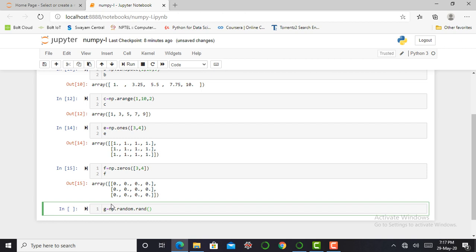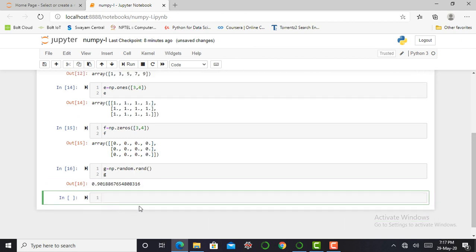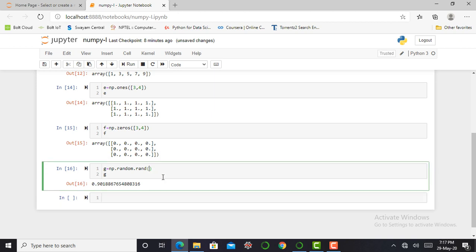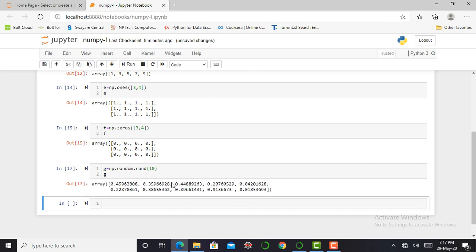If we simply run this, it will generate a random number from 0 to 1. If I want 10 numbers, it will give me 10 random numbers in the range 0 to 1. That's how you can use np.random.rand.